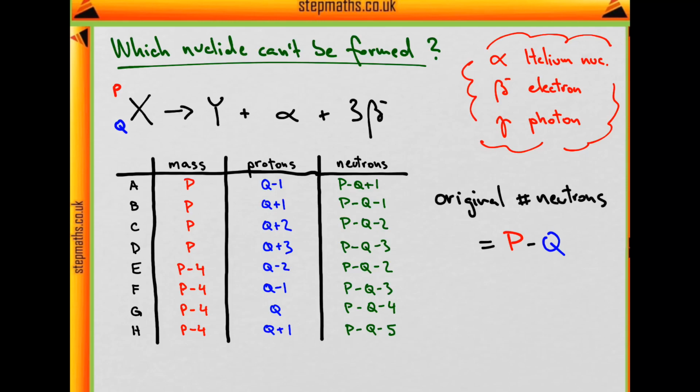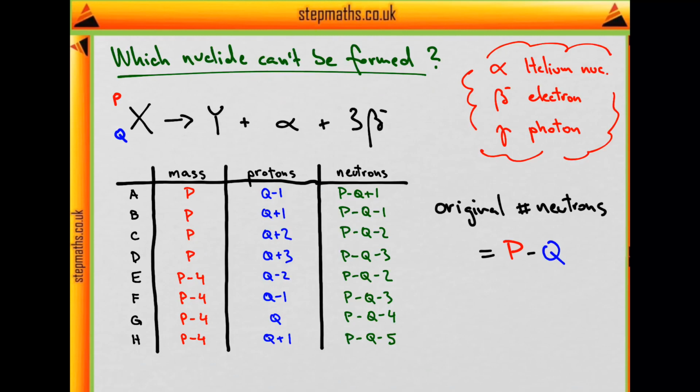Now, could the number of neutrons have increased at any stage? No, it couldn't. We are not supplying any extra neutrons to the system or anything else other than the element X itself. You could still argue that a neutron could be somehow created in the reaction, maybe from a proton,